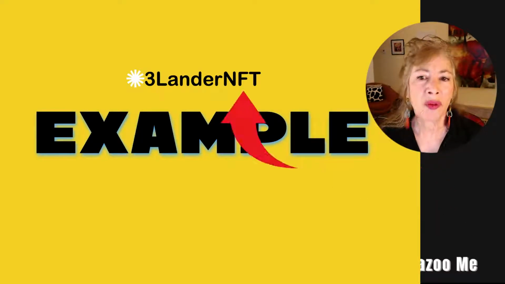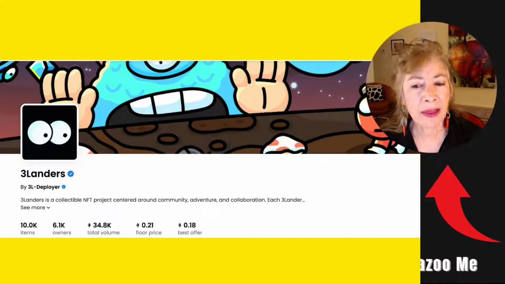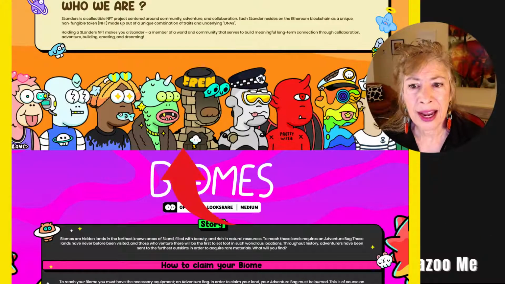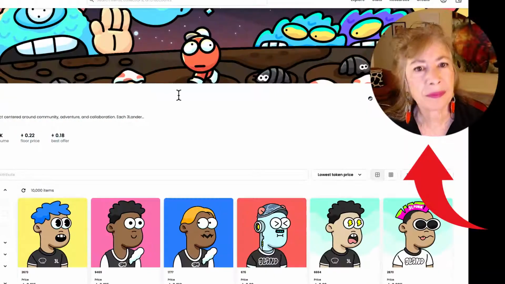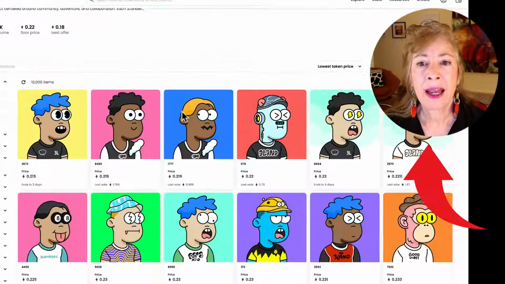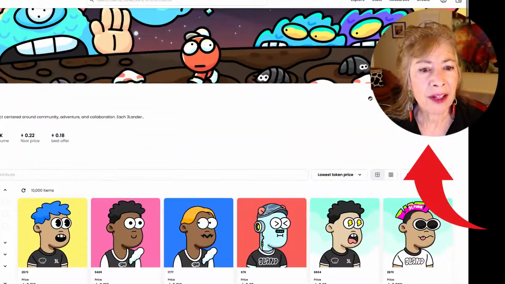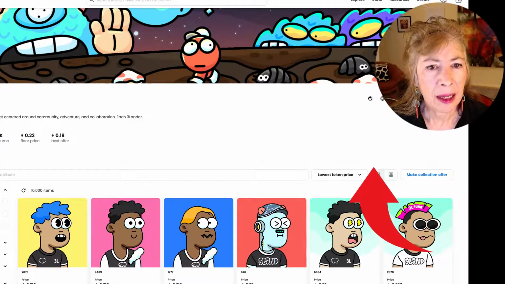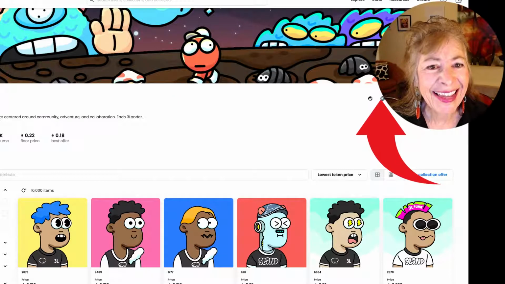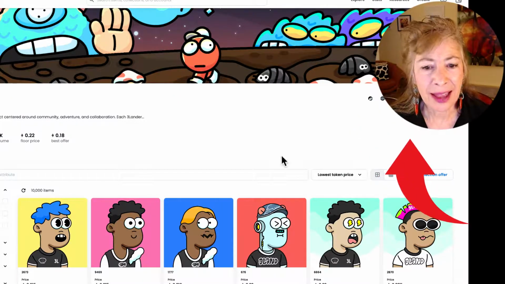The next one is 3Lander NFT. This is what their OpenSea looks like, and this is what their landing page looks like. And if we go to that, this is them on OpenSea. This is what their collection of NFTs look like. And then on the top right, once again, that little symbol right there is to click to go to their website. And if I click that to go to their website,